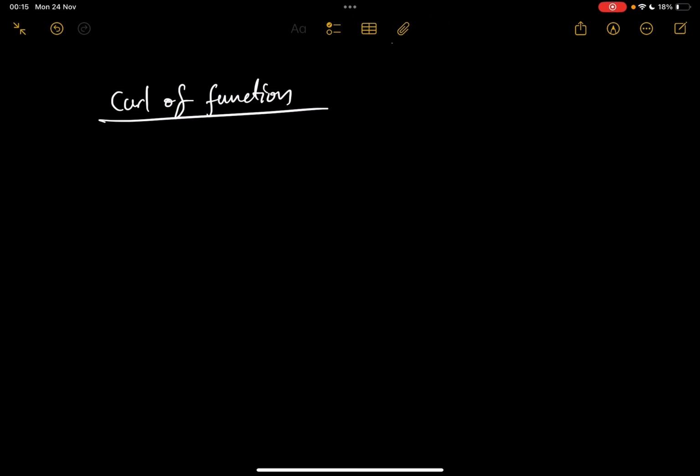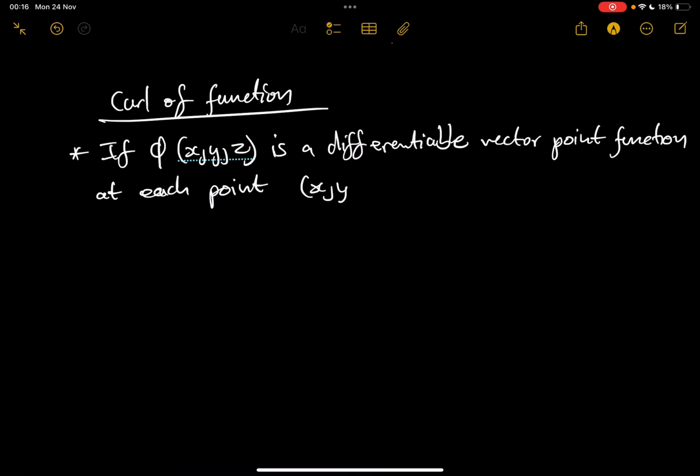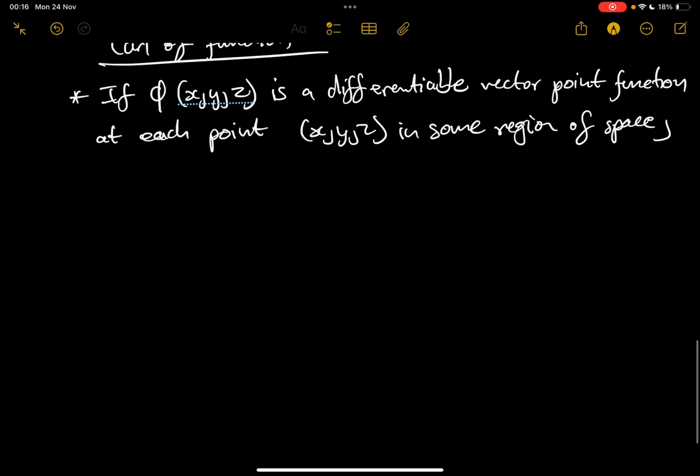Again, we are going to say if phi of x, y, z is a differentiable vector point function at each point x, y, z in some region of space, then the curl of that function,